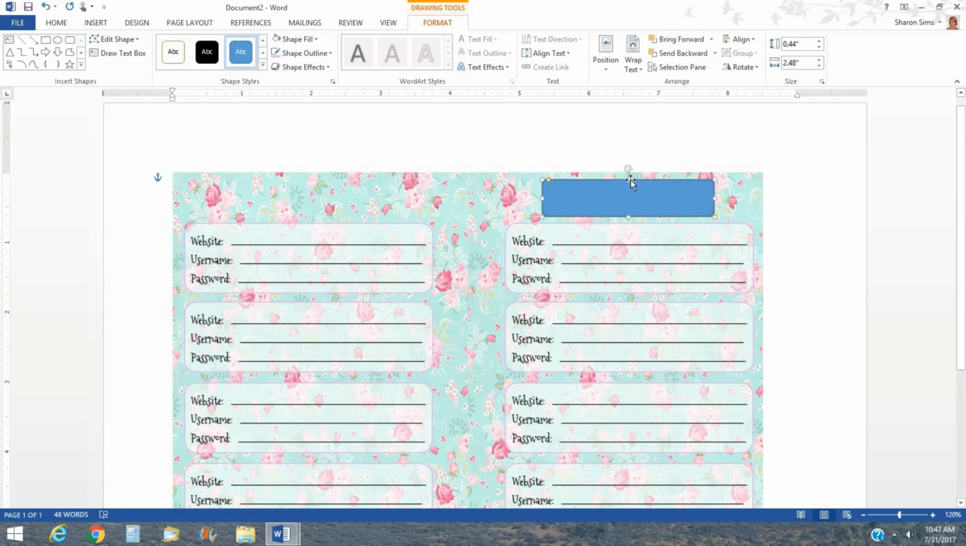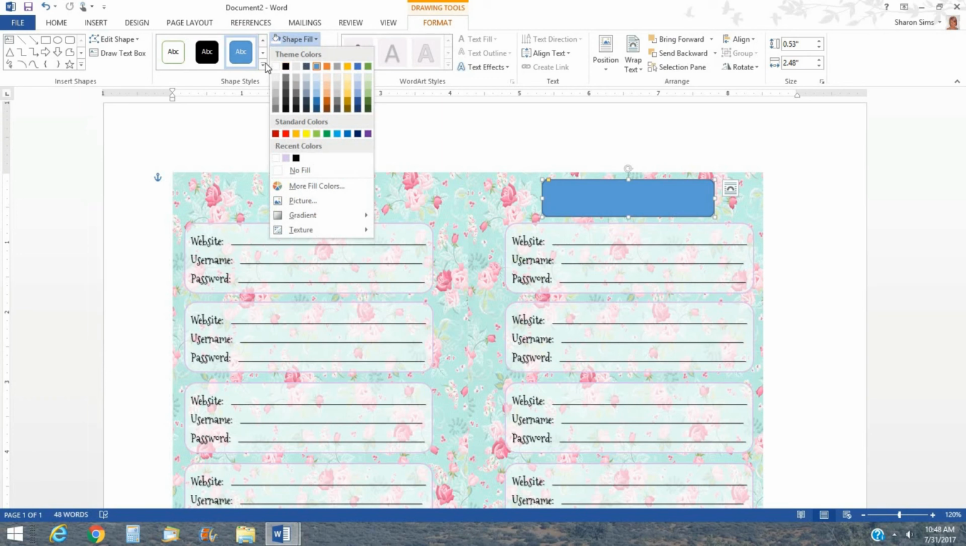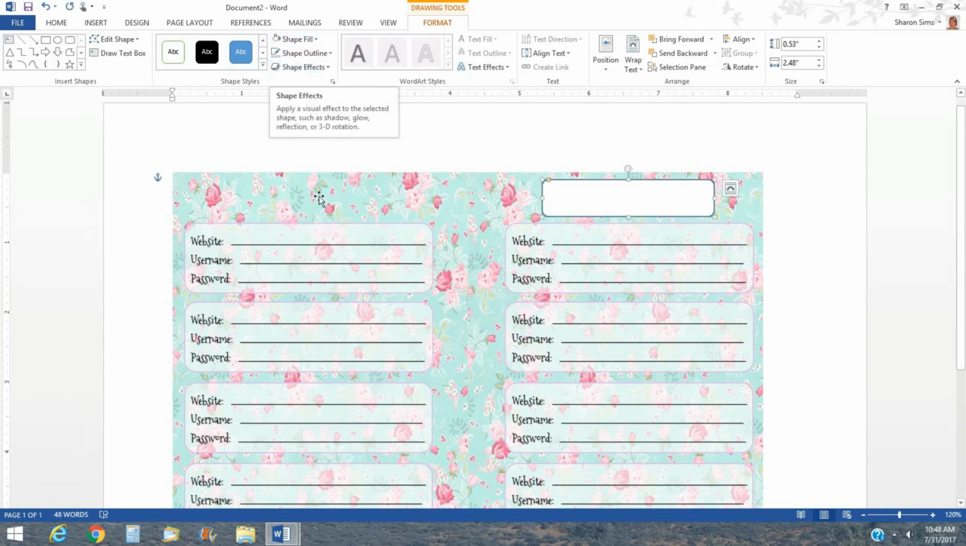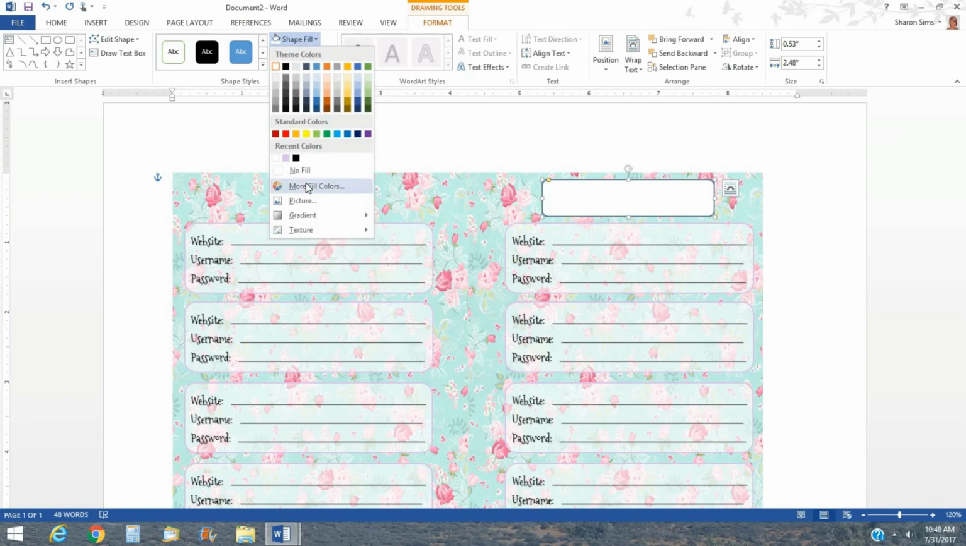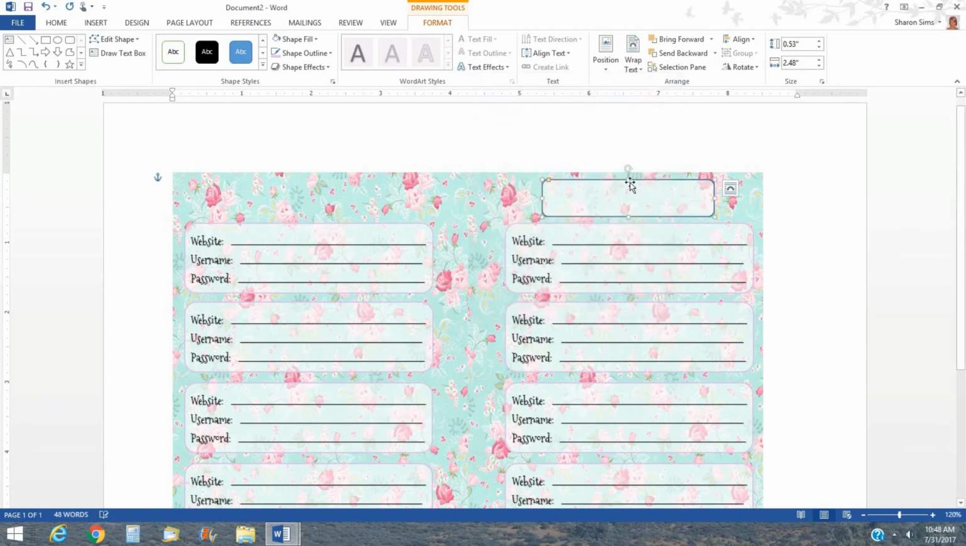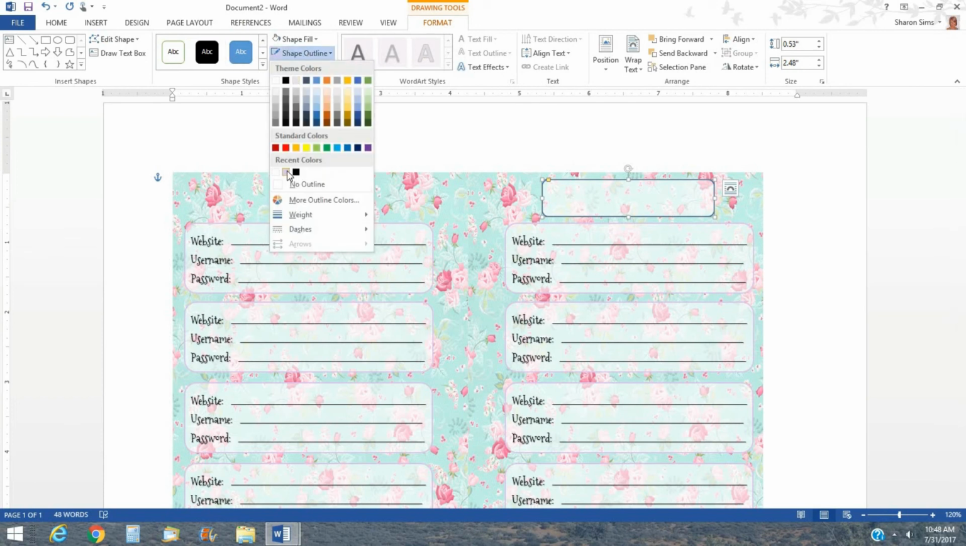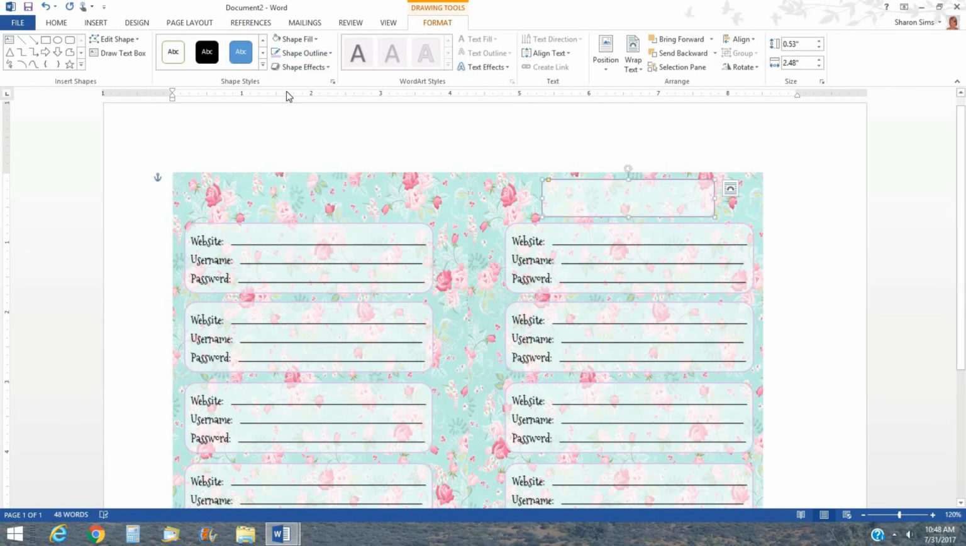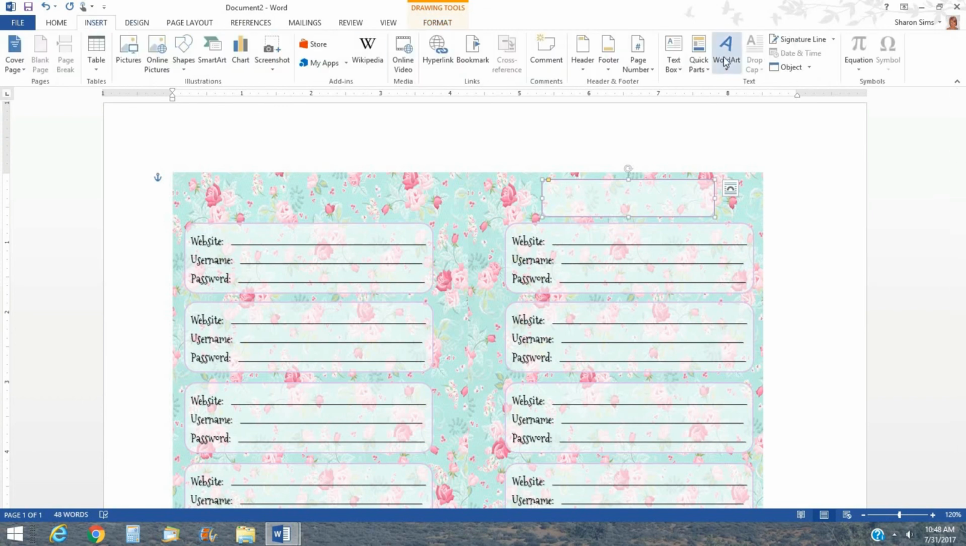And you will make the inside of this, your shape fill, you'll want that white. So you'll pick that. If you want it kind of transparent again, you can go right here to more fill colors, and then you could do it around 40%, I think is what I did the rest of them. And then you would do your outline. You want that back in the lavender, and then you would go back and do insert word art,